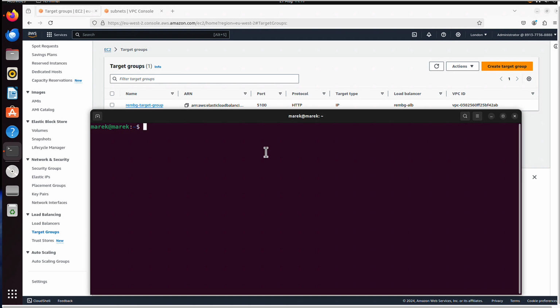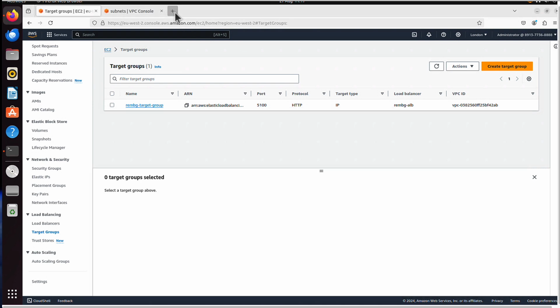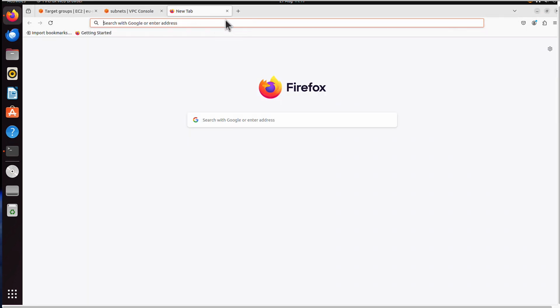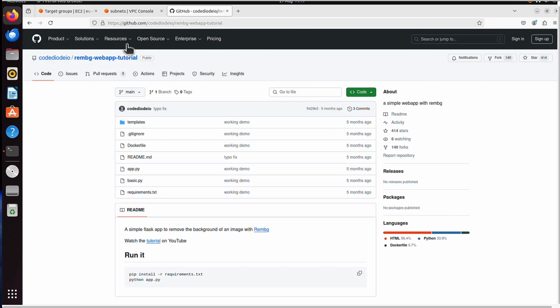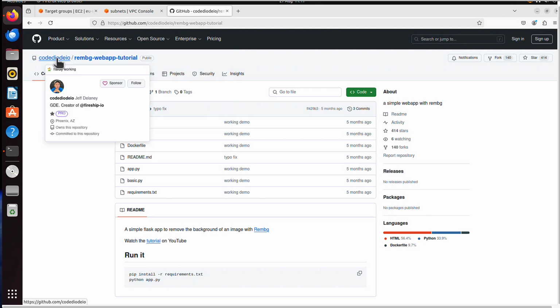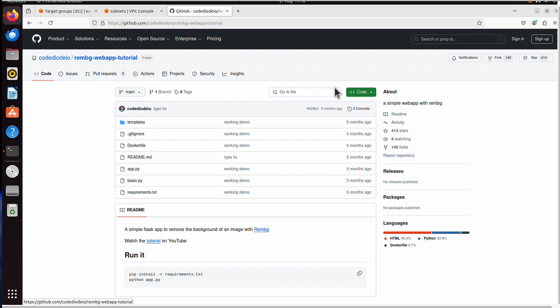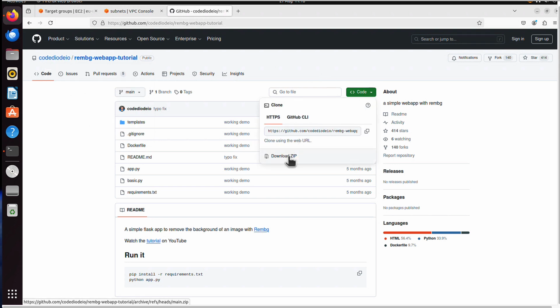Now we have to build a Docker image for our application, and this is something we did before already when we ran that application statically, but anyways, I will repeat that process. We go to that website, and it's not my project, it's Code DIO, but this is actually the guy who has a Fireship YouTube channel, so it's Jeff Delaney and it's his project. And he was kind enough to publish it, and anyone can download this code. So let's go to code, and I will just download it as a zip file.